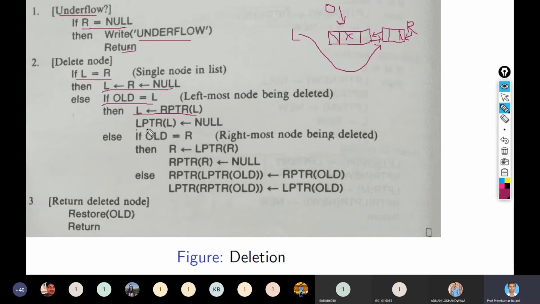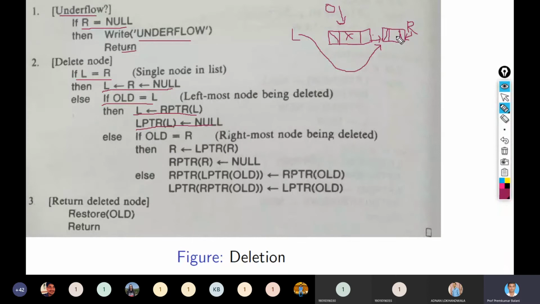And left pointer of L equal to null. Right now the left pointer of L is pointing to this node, it would now be null. So this would now be null.